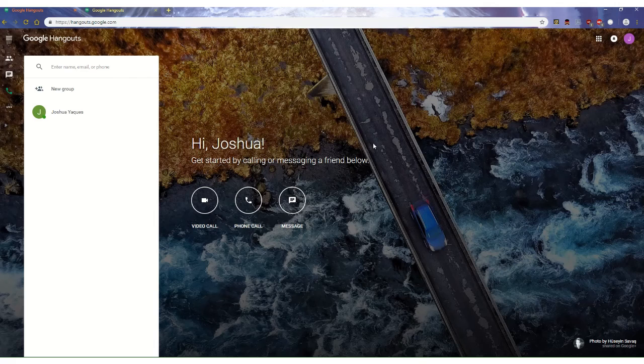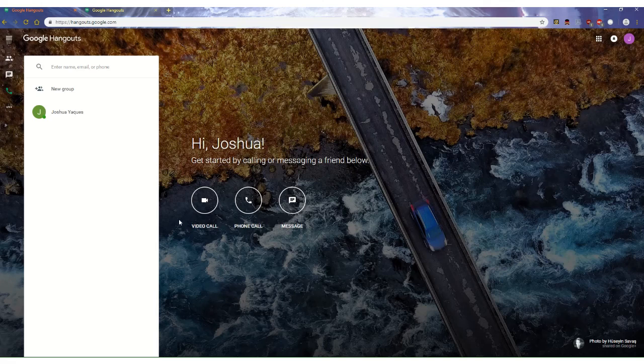Now, it's time we focus on the important parts, which are video call, because as you can see, the message and phone call buttons are exactly the same as the two on the left. It's a type of redundancy, just to make it easier for you to reach. But the video call button is actually something new and something I want to focus on, because this is the main thing that professors should use in order to enhance the flow and ability to connect with students